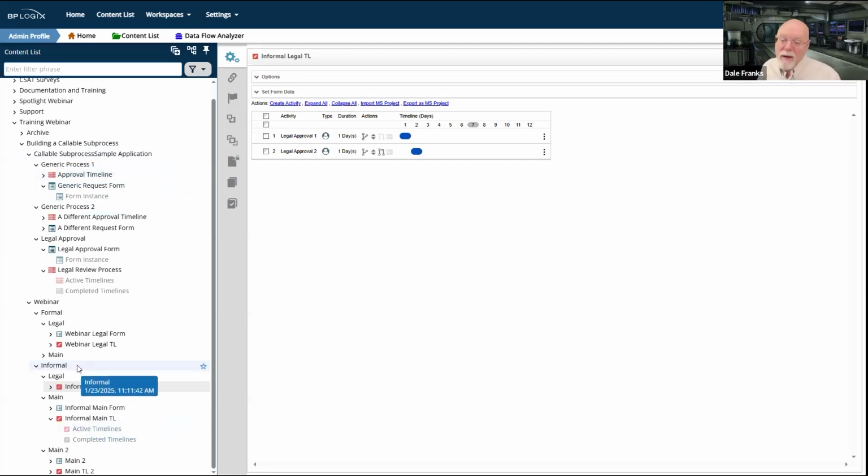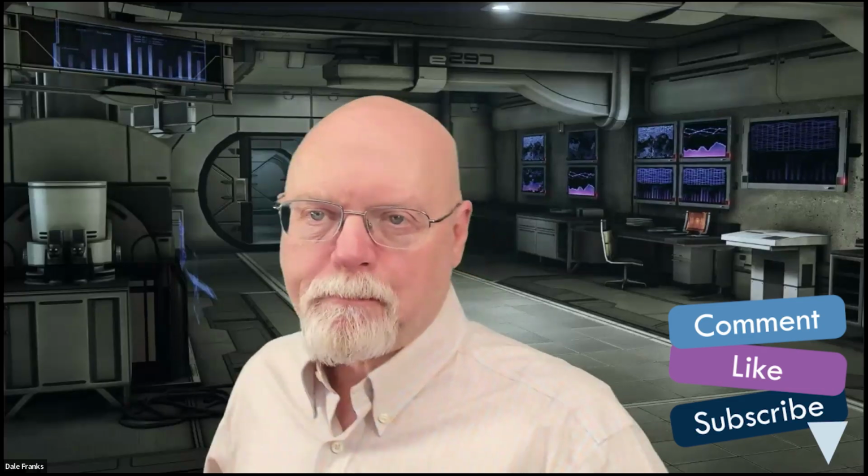On the other hand, the informal method allows you to build this stuff on the fly, and you don't have to worry about things like field replication and getting all that wrong. Everything just works right out of the box. So in terms of ease of development, maybe that is your primary concern. Either way, you have a way of building callable sub-processes that you can use anywhere that you need them.